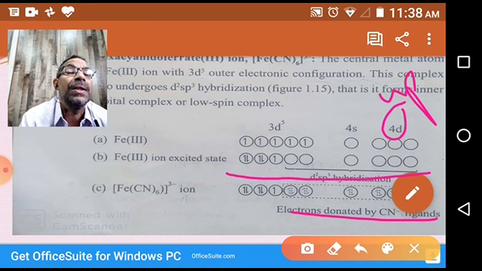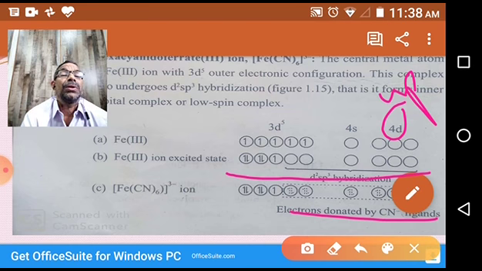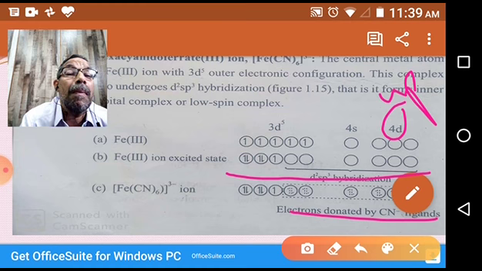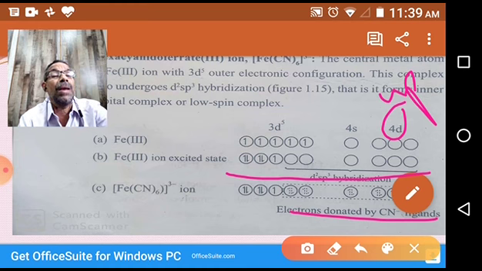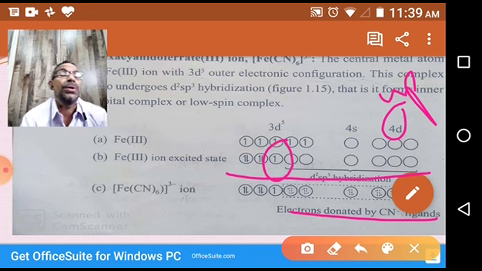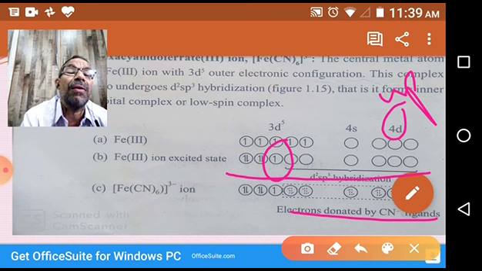Paramagnetic nature. This compound exhibits paramagnetic behavior. The reason for this paramagnetism is that one electron is available in the 3d orbital. So unpaired electrons in d orbitals are responsible for paramagnetic nature. That's why this complex is paramagnetic, not diamagnetic. It's paramagnetic. So this is proved